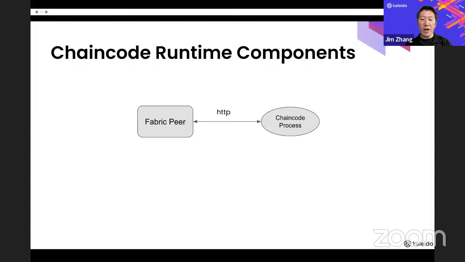So at the very highest level, a Chaincode process talks to the Fabric peer node through HTTP. So this design is quite unique. It's pretty different from many other blockchain designs. In particular, Ethereum, for example,